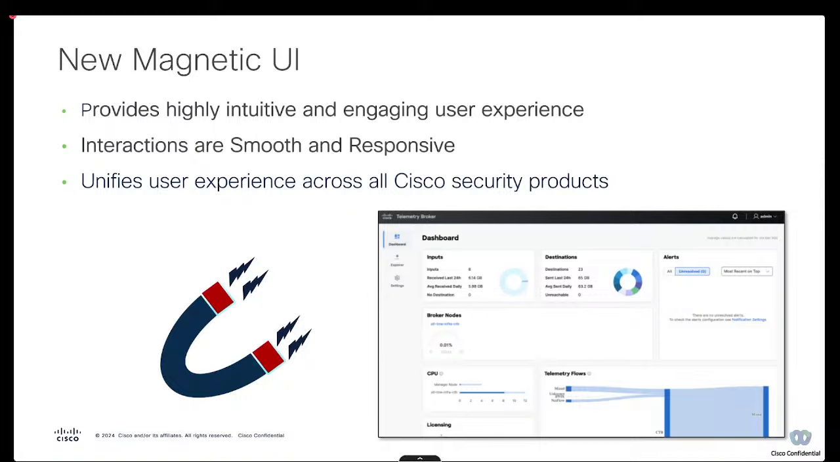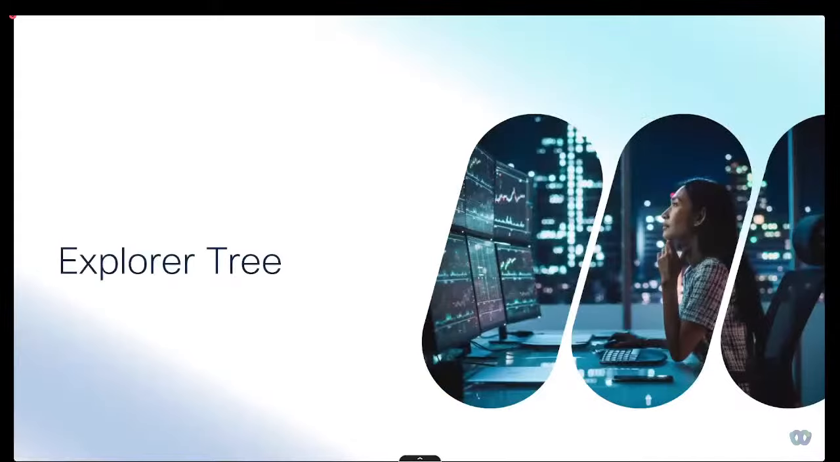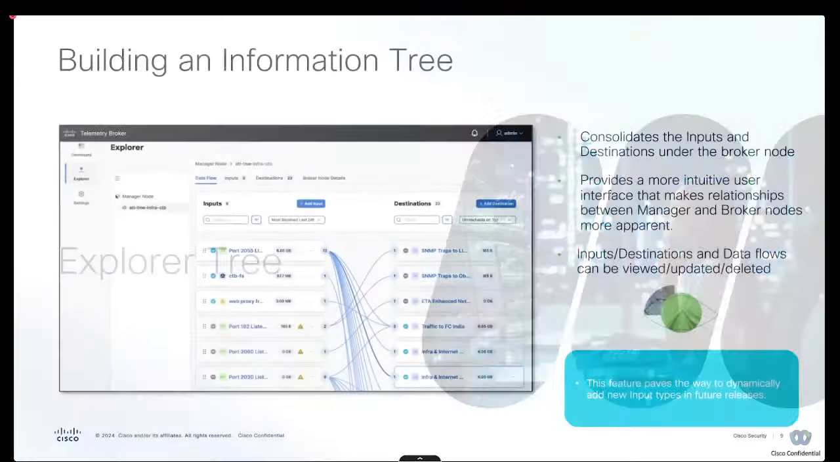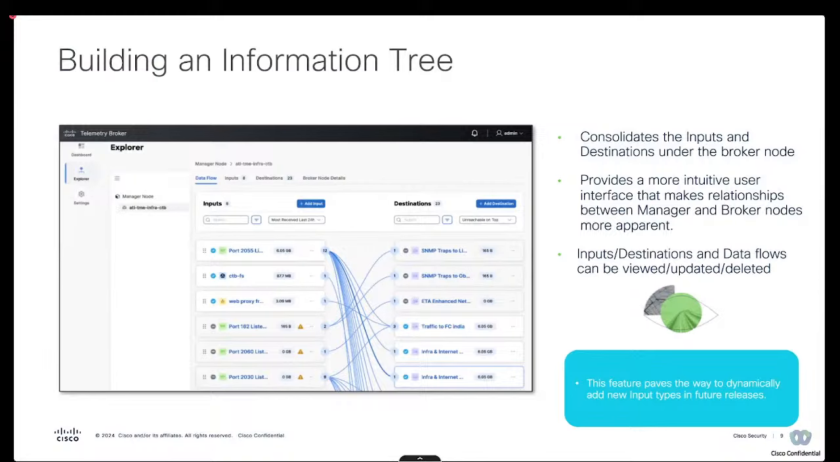framework. So Magnetic is the framework of choice, and with that we have introduced a number of new workflows. As an example, we have introduced the sidebar or the explorer tree that improves the way we see